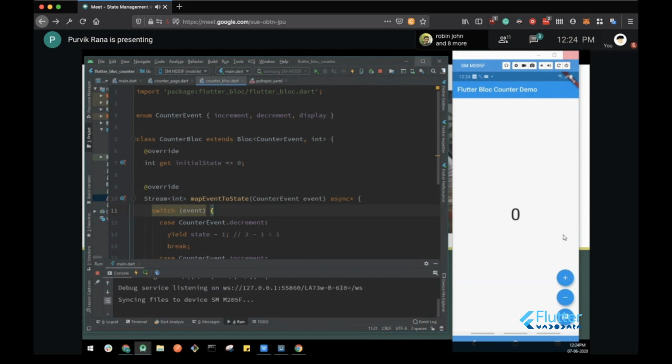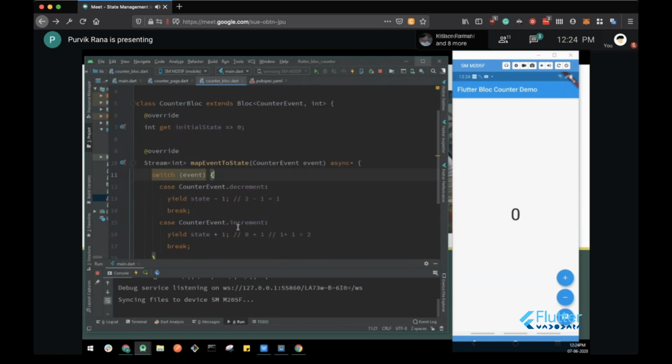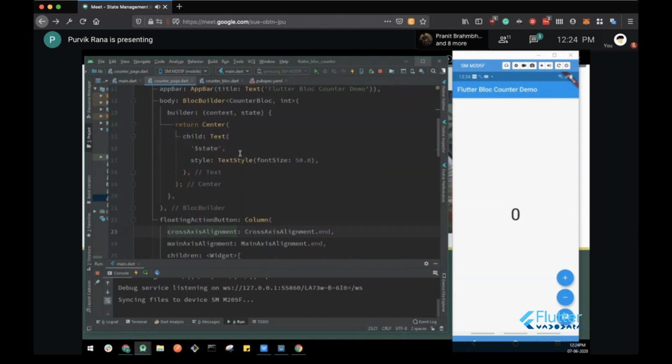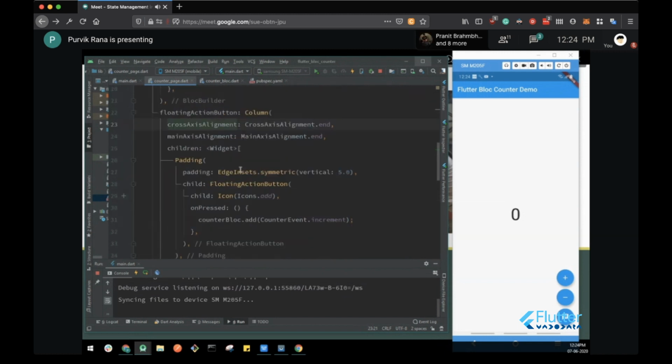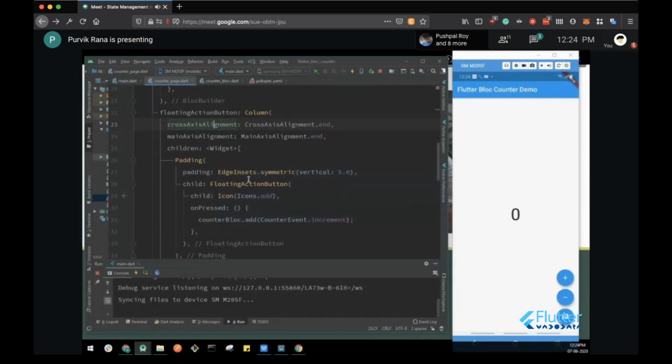This is the initial value it is representing. Now if I click on the plus button, what will happen? It will add the event to the block, and the block will do the processing and increment the value by 1. The block builder will sense that there is a new state having a different value from the previous state, so it will perform those changes and give you the updated UI on the screen.